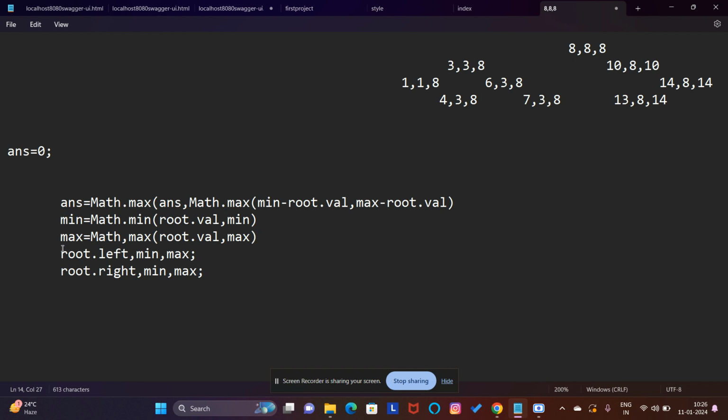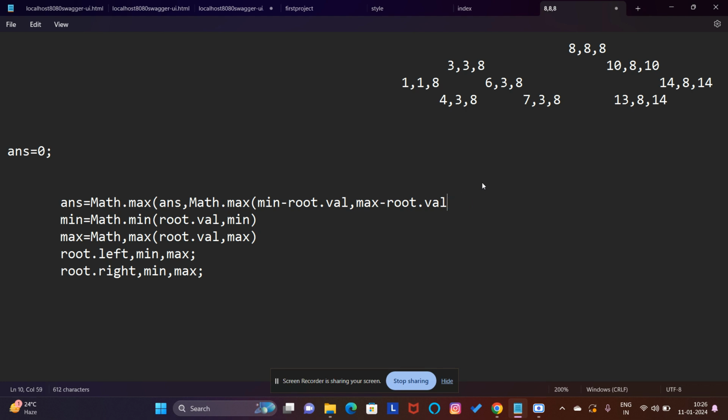So as a statement here, we need to go to the left subtree, right? If we go to left subtree here, what will be the answer here? Answer of the left subtree will be, answer is initially 0,